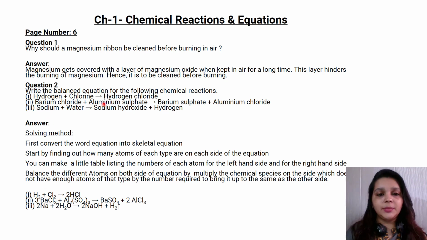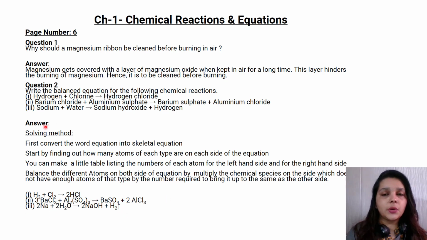Barium chloride plus aluminium sulfate gives barium sulfate plus aluminium chloride. We need to learn forming these formulae as well, which we must have learned in our 9th standard, the valencies and everything, and how these combinations come up. So barium chloride is BaCl2, aluminium sulfate is Al2(SO4)3, barium sulfate is BaSO4 and aluminium chloride is AlCl3, and we need to balance them. We are going to make a table, write Ba, Cl, Al, SO4 here and their corresponding numbers, the coefficients. Similarly, we are going to do this and get the balanced equation.